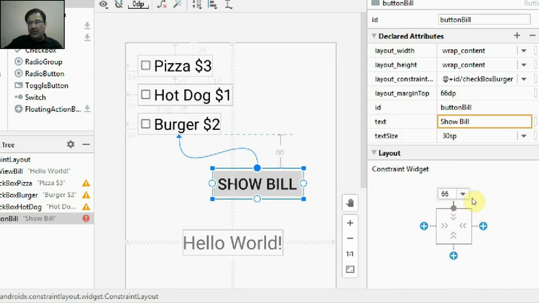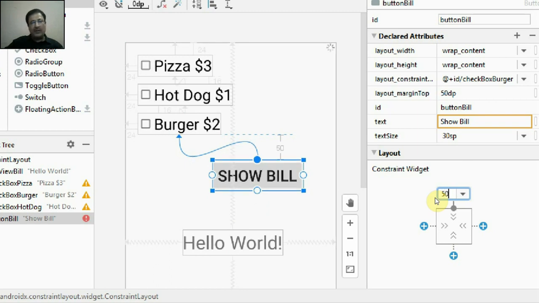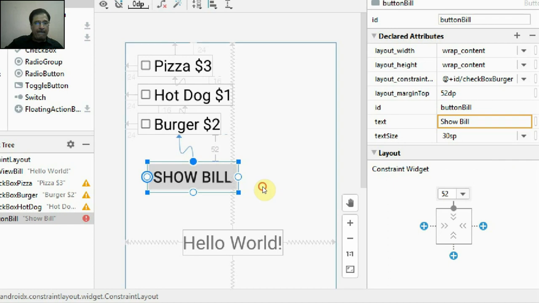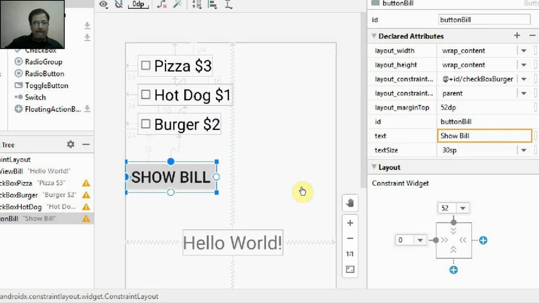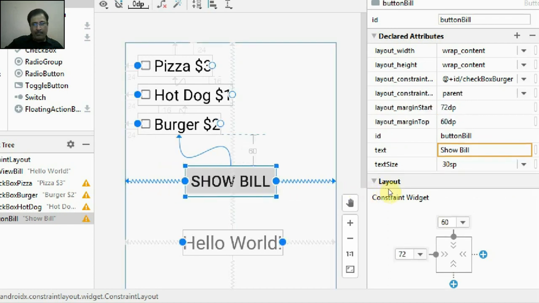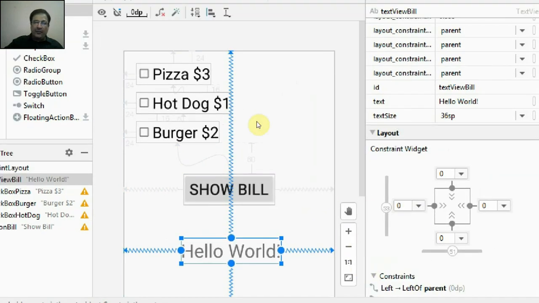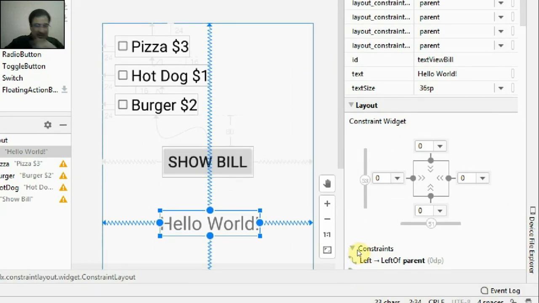The default showing is 66. Make it a 50 pixel gap from the center, align it center. The constant of the text view is already established with the 4 borders of the layout, and I'll do what? I'll just delete this top constant.